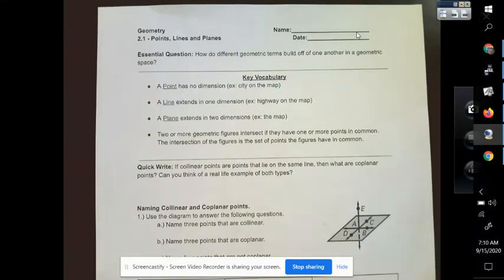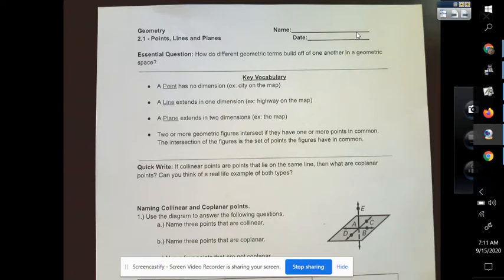Today we're going to be starting our foundational geometry unit. And we're going to first take a look at points, lines, and planes. These are like the big overall themes of geometry. All right, so essential question here: how do different geometric terms build off one another in geometric space? We'll talk about that. Hopefully by the end of the notes, you guys can answer that question on your own,